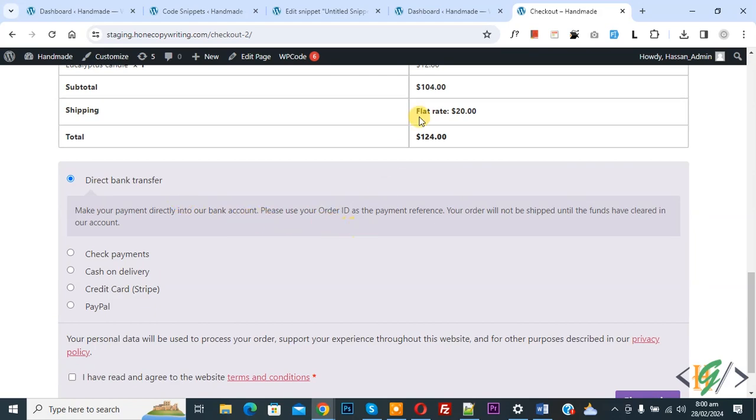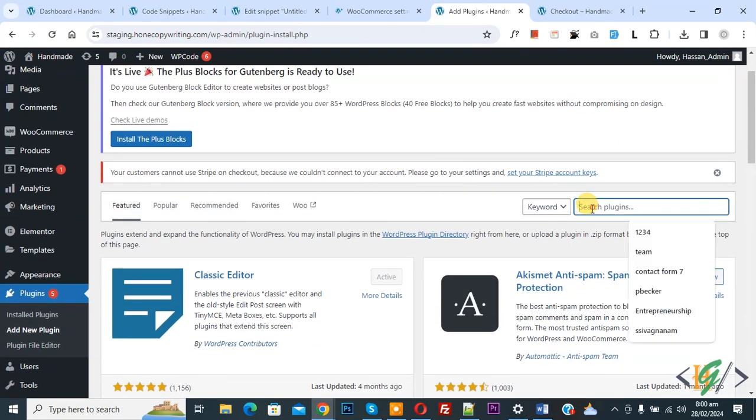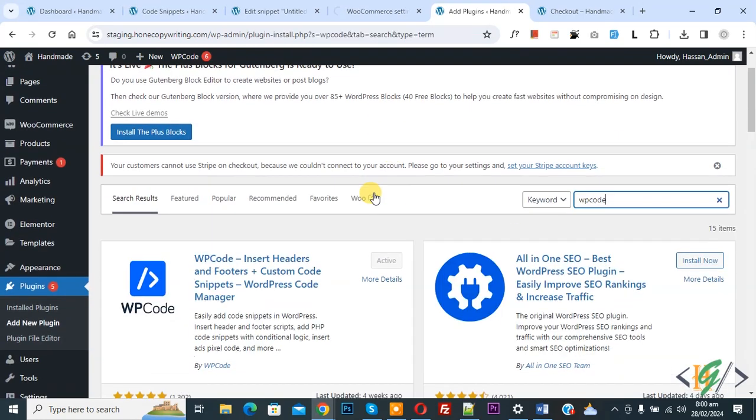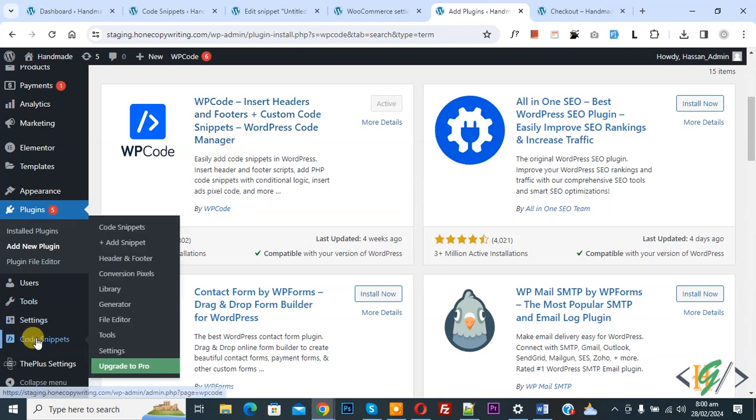Now go to the dashboard. On the left side you see Plugins, so click on Add New Plugin. Then in the search plugin box write WPCode. Then you see WPCode, Insert Headers and Footers plugin, which we will use. So install this plugin and activate it, and after activation on the left side you see Code Snippets and